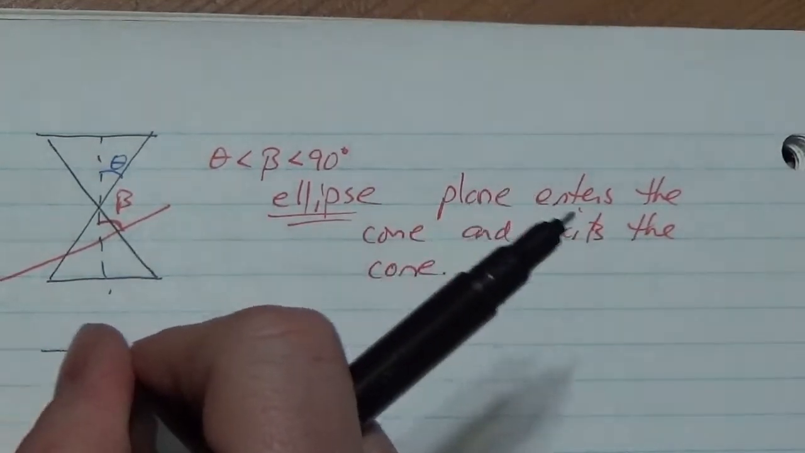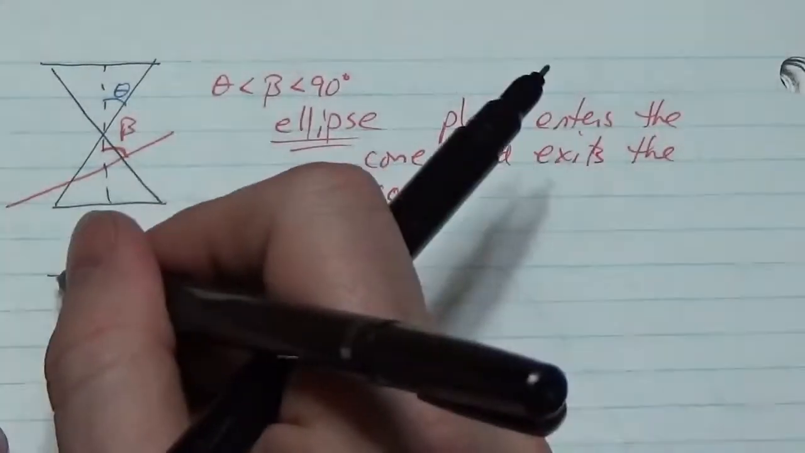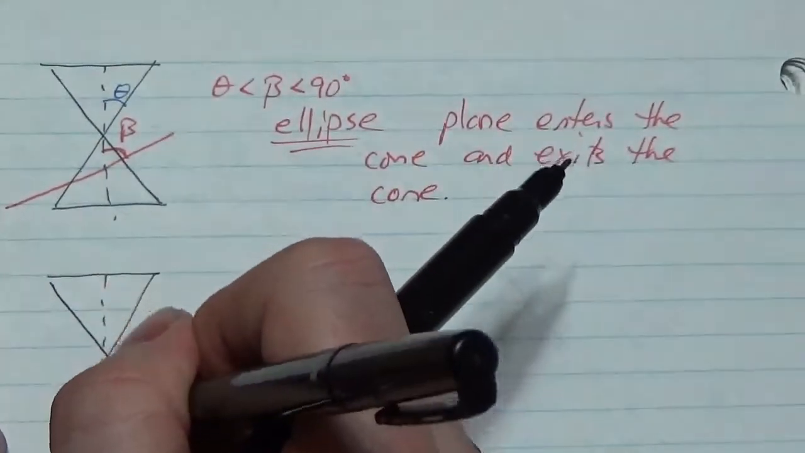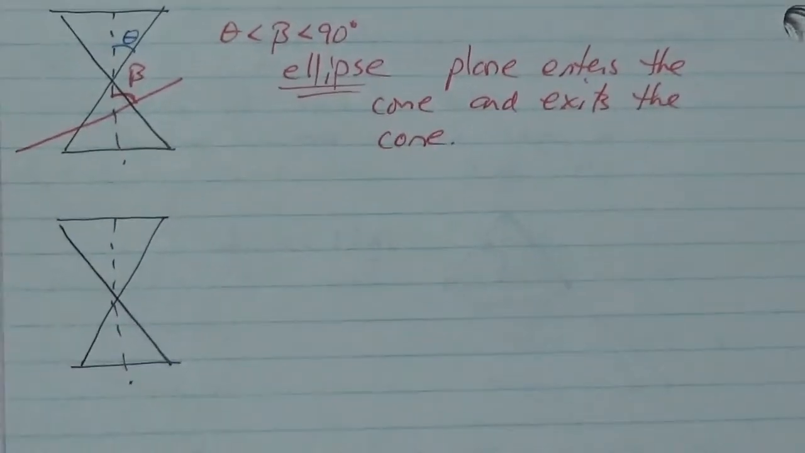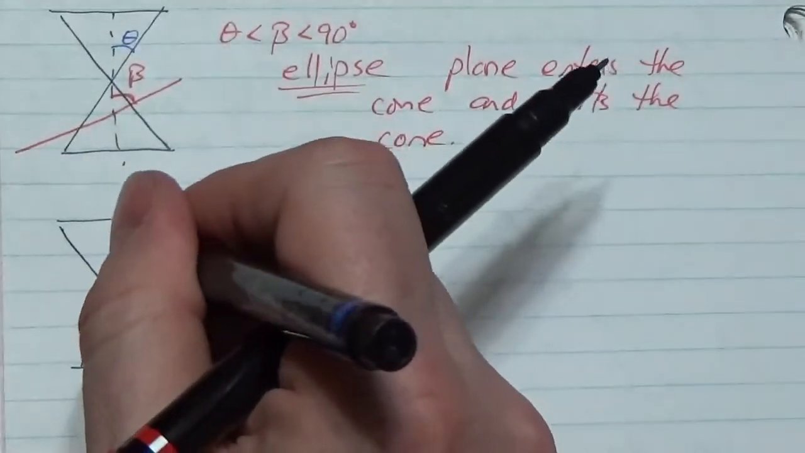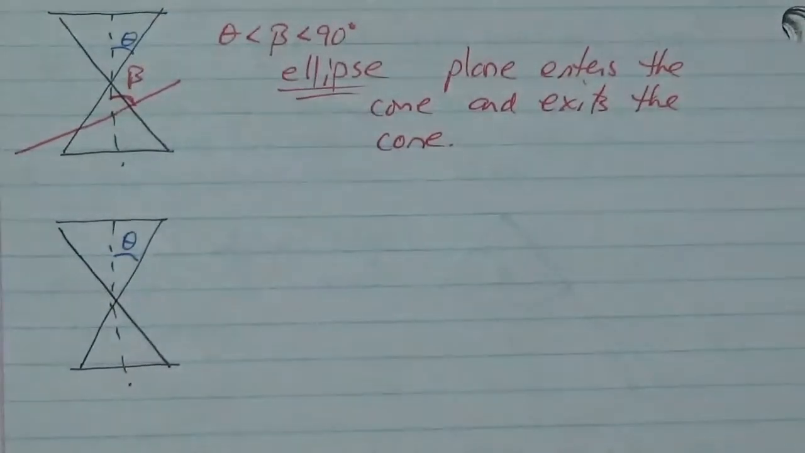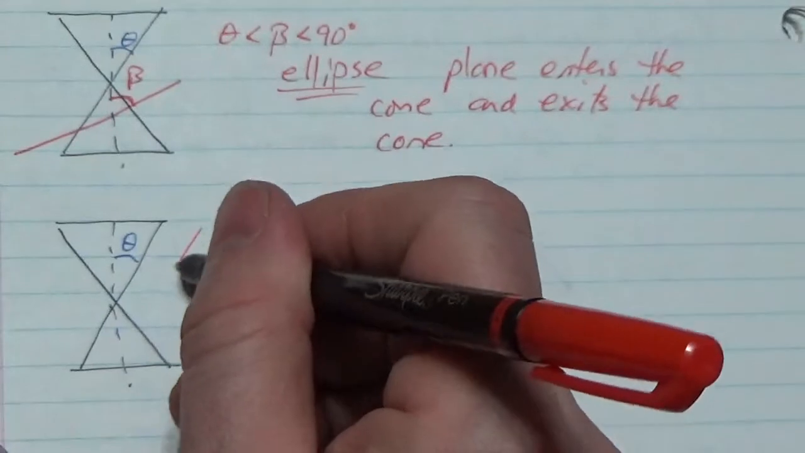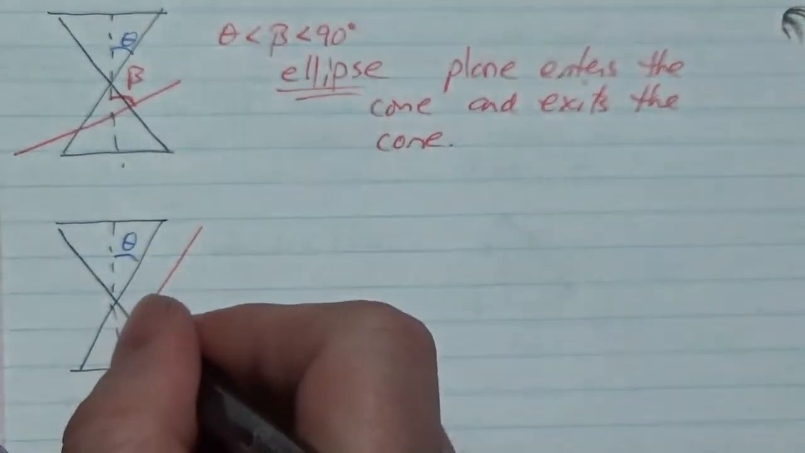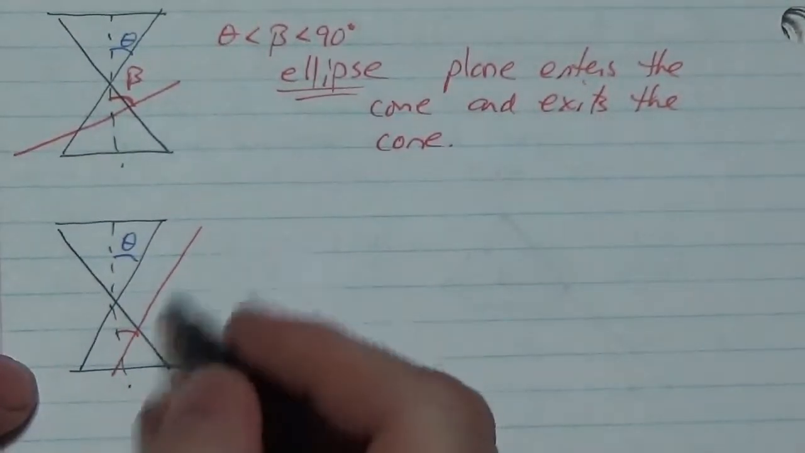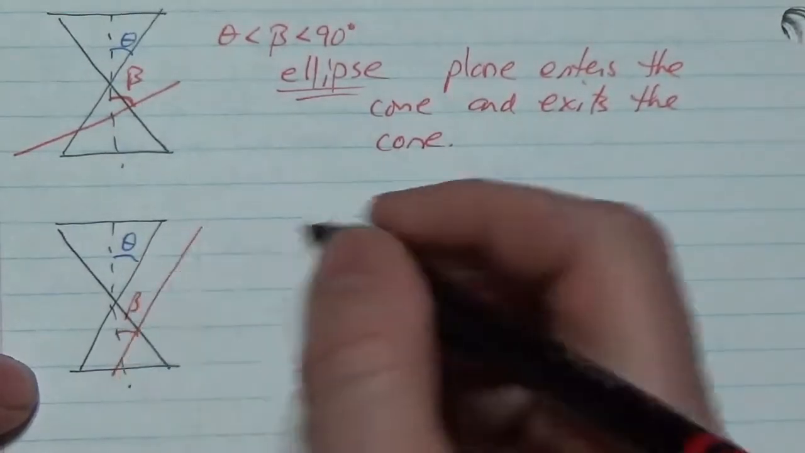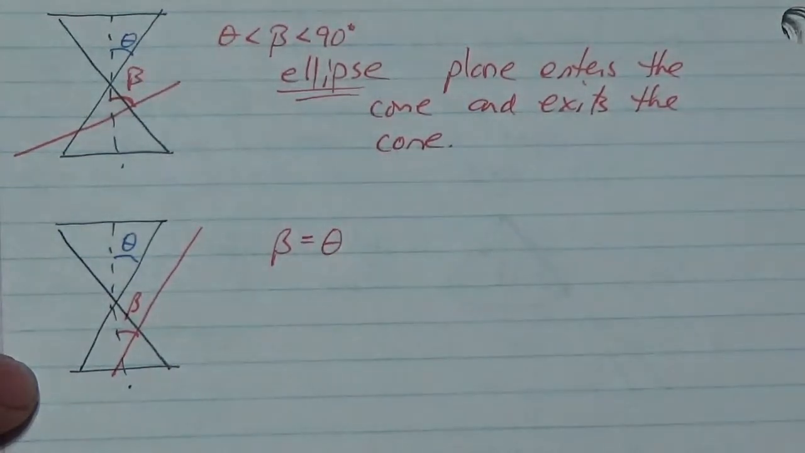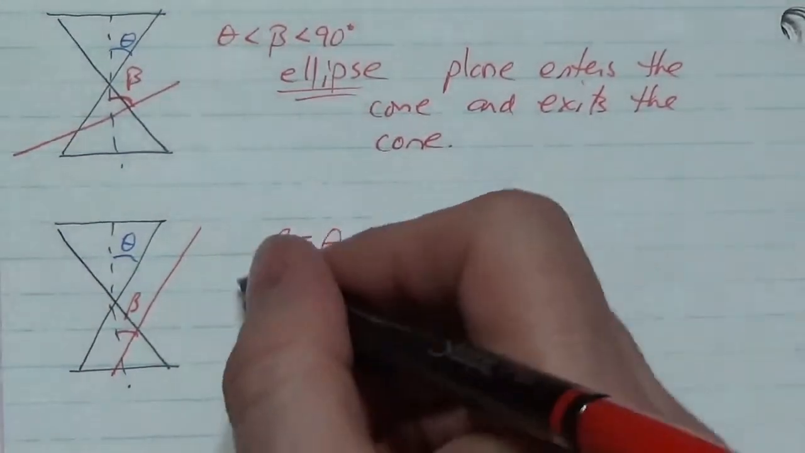Okay, and again, I'm looking at this from the side. Draw that down, there we go. Okay, and then I'm going to draw my generator angles right here. Now, if I cut this so that the angle that's formed right there by my cutting plane, and again, we're going to call that beta, if beta is equal to theta, then what happens here is the cut